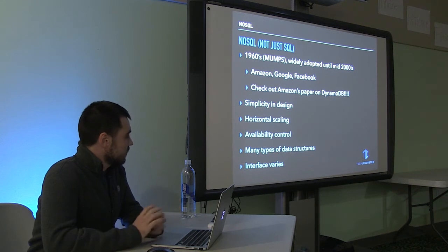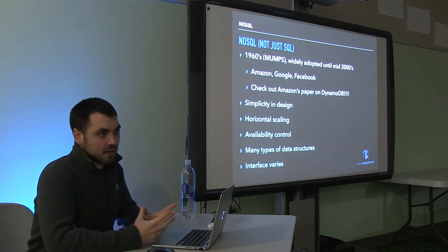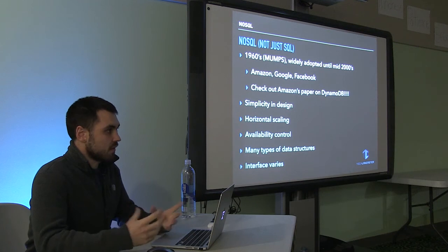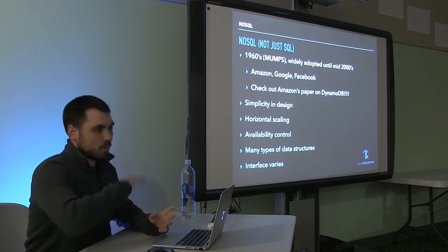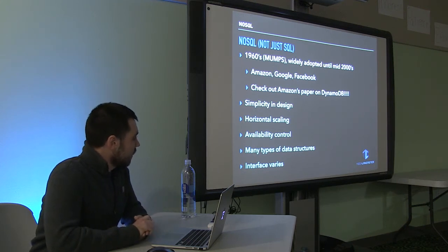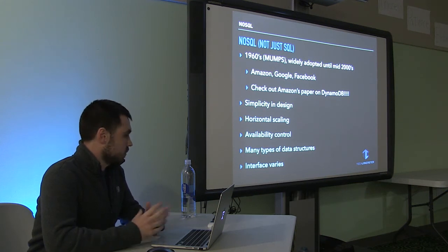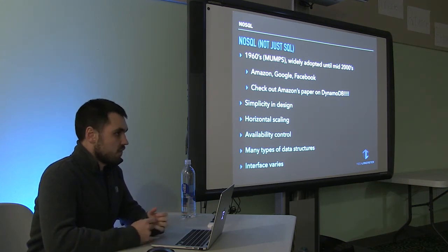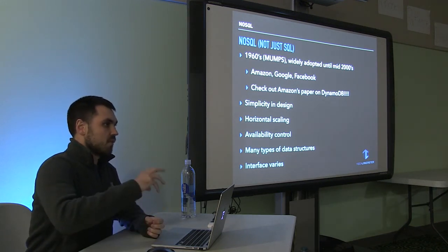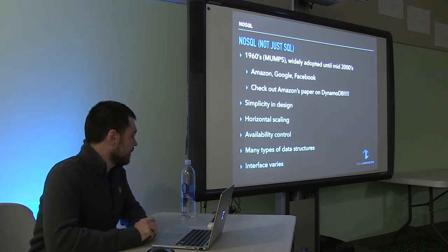In design, NoSQL databases use horizontal scaling, so it's distributed computing. You'll have servers in a cluster, and you can add and remove servers as you need, and everything's built in. It will replicate data for you. It'll repartition data for you. That's built in with NoSQL. Because of that, you have a lot more availability control. We have more servers in distributed clusters, so you get higher availability. But you get higher availability by giving up some consistency, because you're in a distributed computing scheme.